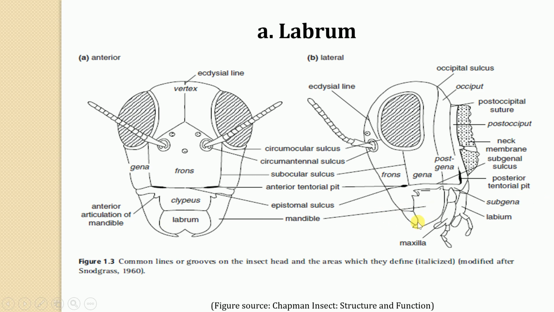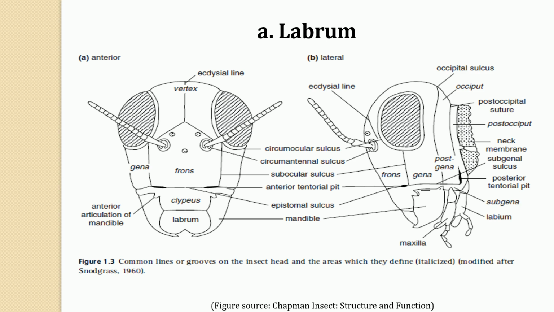But in fluid feeding insects, this labrum may undergo various modifications. But generally, in a mandibulate insect, the labrum internally forms the anterior part of the epipharyngeal wall of the preoral cavity and is internally lined with gustatory receptors. These gustatory receptors are concerned with the taste of the food material, and this labrum can move upward and downwards,